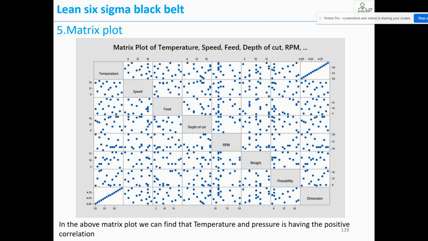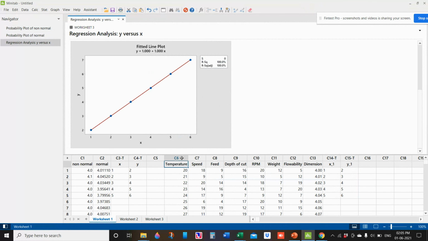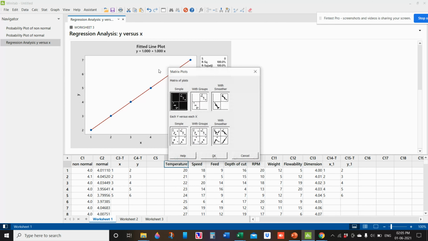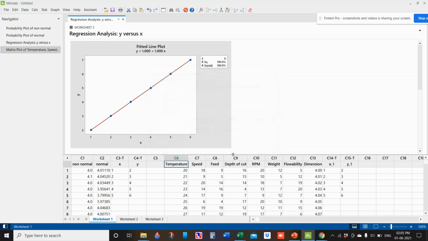Now let us see how we can make a matrix plot in Minitab. So I have the data here from C6 to C13. What we have to do is go to Graph, select Matrix Plot, then choose Simple Matrix Plot, say OK, select the data from C6 to C13 and say OK.